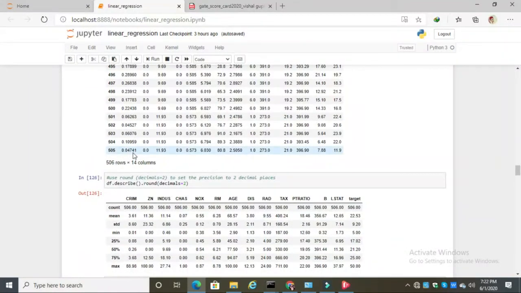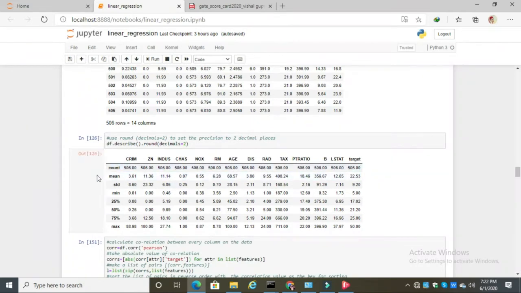Now we use the describe data frame object to describe it and also round off the values up to 2 decimal points.